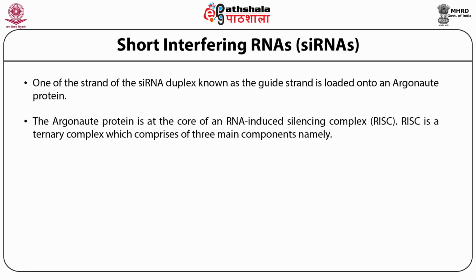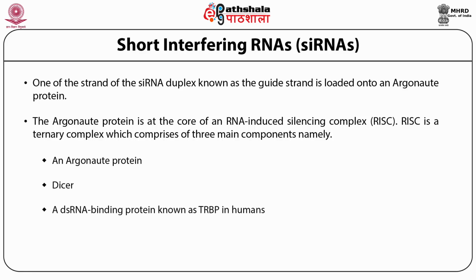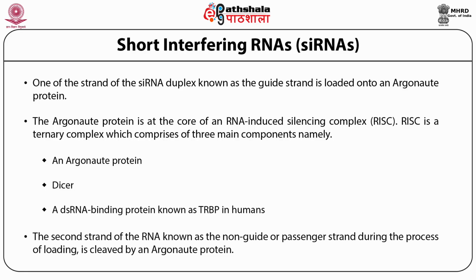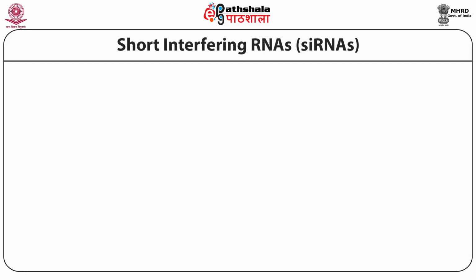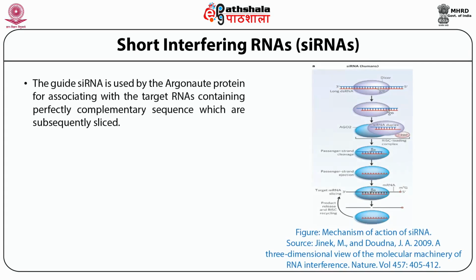The RISC is a ternary complex which comprises three main components, namely an Argonaute protein, secondly a Dicer, thirdly a double-stranded RNA binding protein which is known as TRBP in humans. The second strand of the RNA, known as the non-guide or passenger strand, during the process of loading is cleaved by an Argonaute protein. As you can see in the diagram here, I had told you the siRNAs are derived